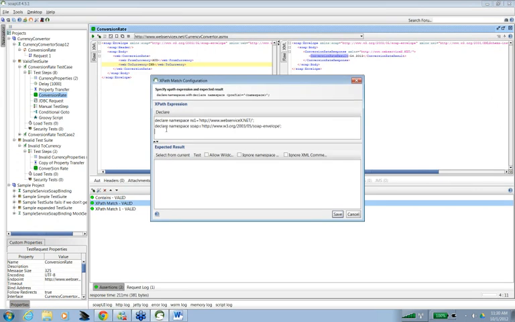Let's say I want to check that this conversion rate result is there. Let us see if it works. Sometimes it works, sometimes it doesn't. I don't know why it is not working, conversion rate response.